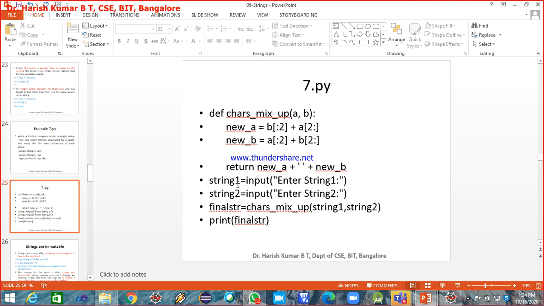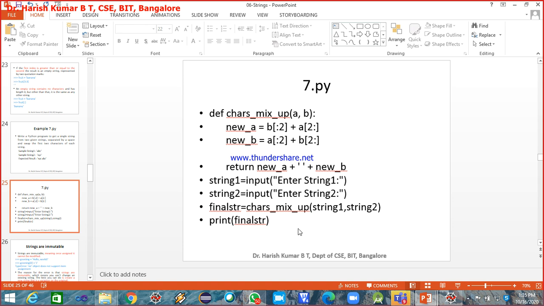Observe here, reading the first string to str1, reading the second string to str2, then I'm calling the character mix-up function, passing str1 and str2. So for the new string A, I'm taking the first 2 characters of B, and then the last characters of A, making new A. And similarly for new B, the first 2 characters of A with the last characters of B. I'm just appending those two by using space as the delimiter, and finally printing the final string.